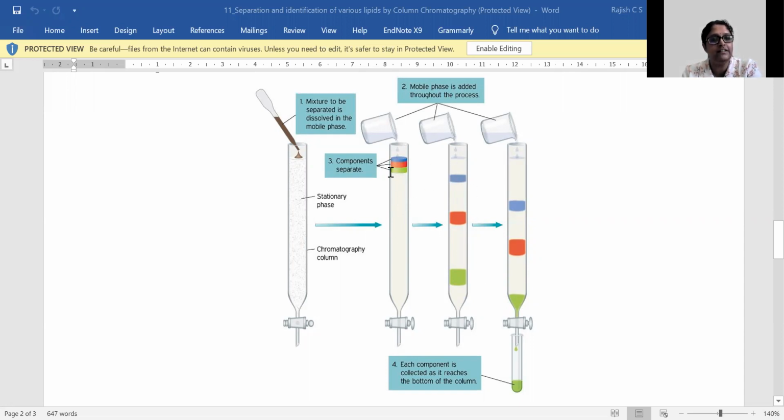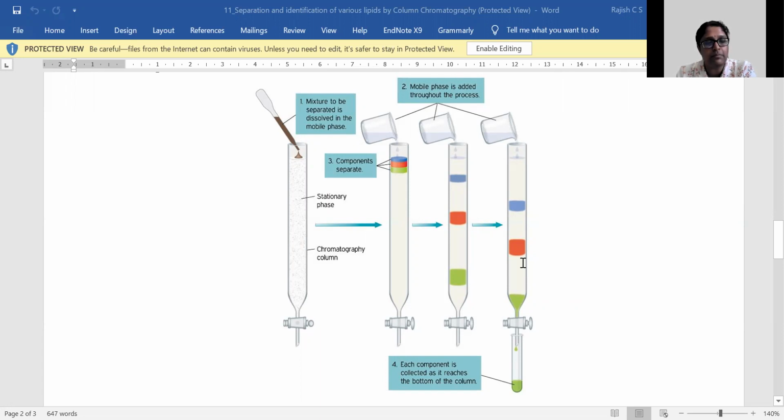With time, like if you can see over here, the blue fraction absorbs highly onto silica gel. The red fraction absorbs a little less as compared to the blue fraction, but slightly more than the green fraction. And there are these three fractions in here. So the green fraction, which has got the least affinity for silica gel, does not absorb onto the silica gel, and so it will get eluted much faster, and that we can collect into a beaker, and that will be your first fraction.